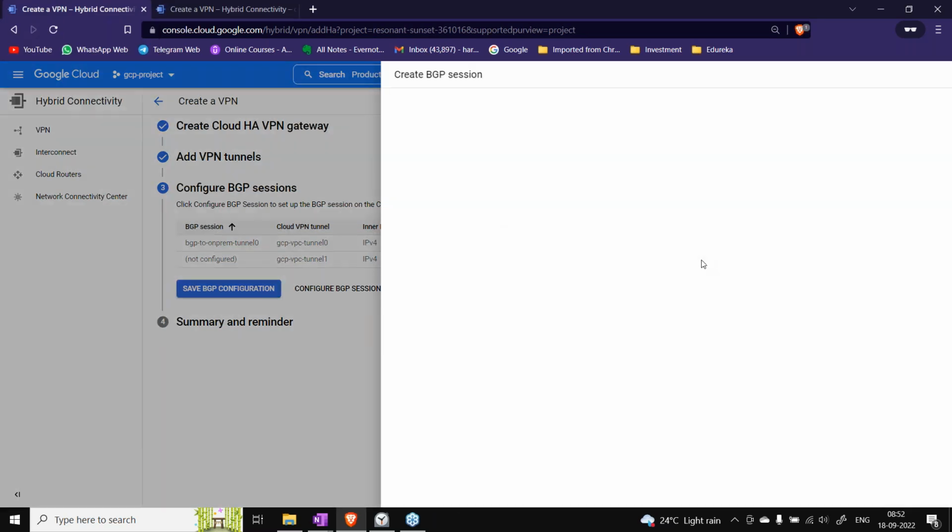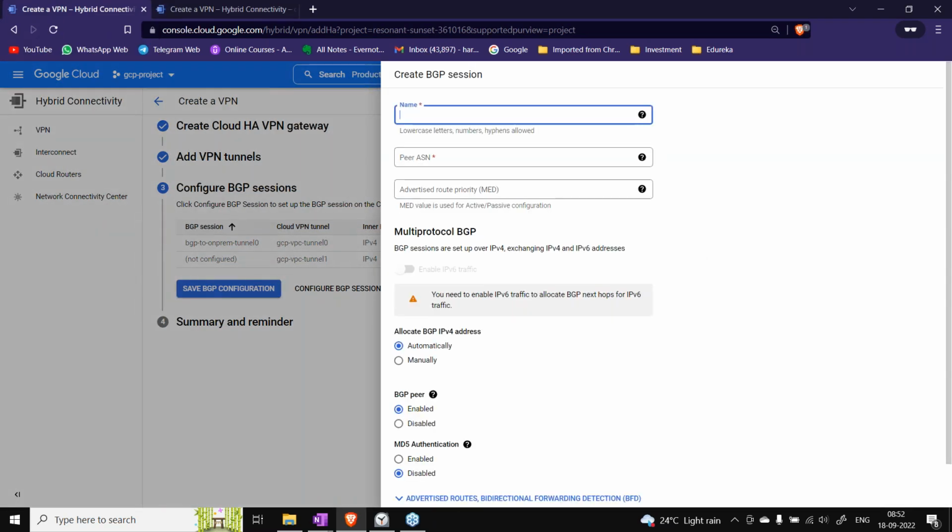In tunnel 1, let's give it one more name: BGP2. This is going to on-prem, and this is for tunnel 1. 65002 is the peer ASN, the on-premise one.